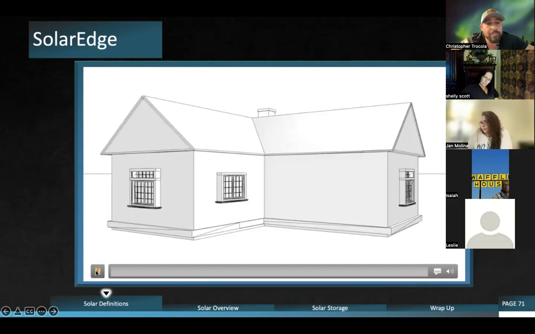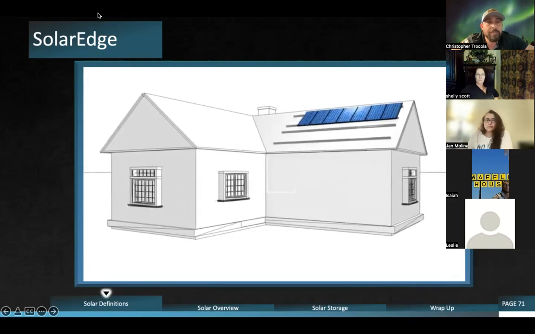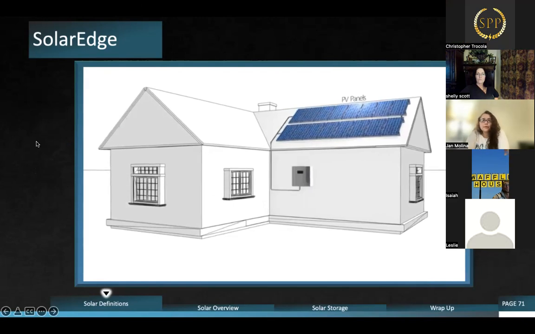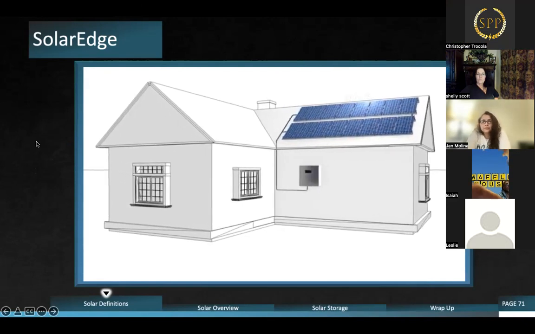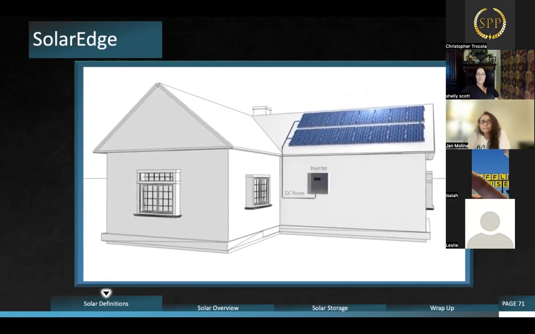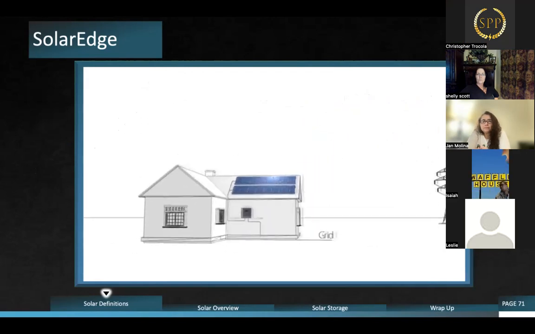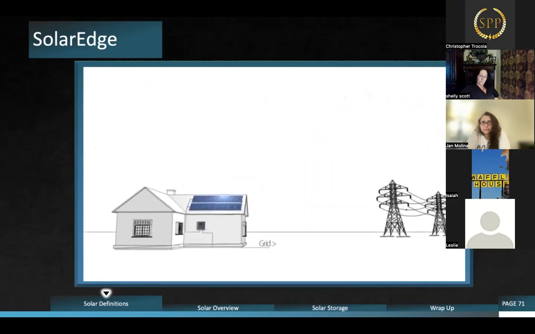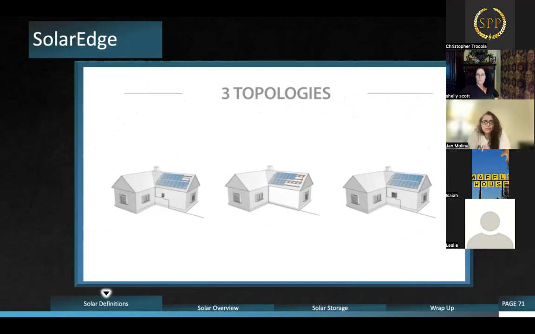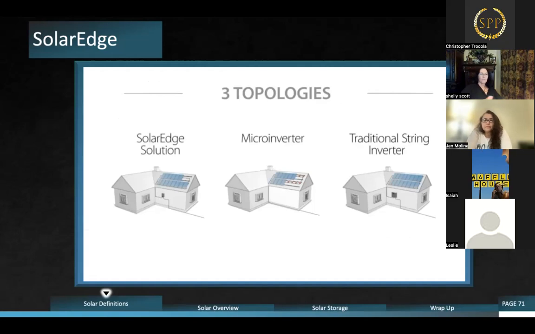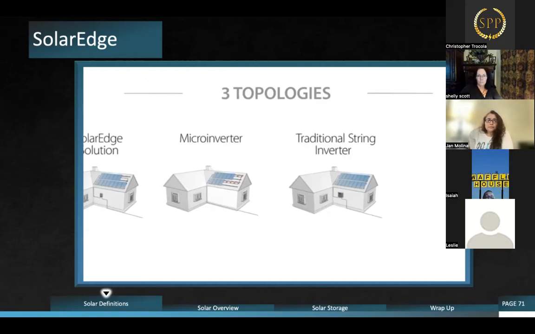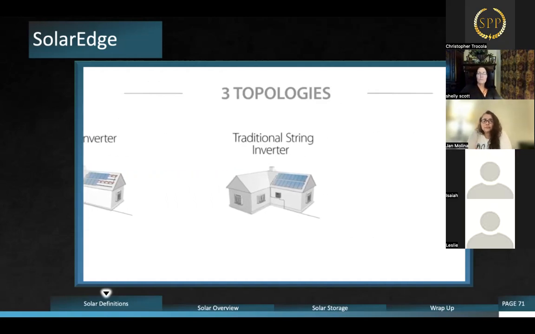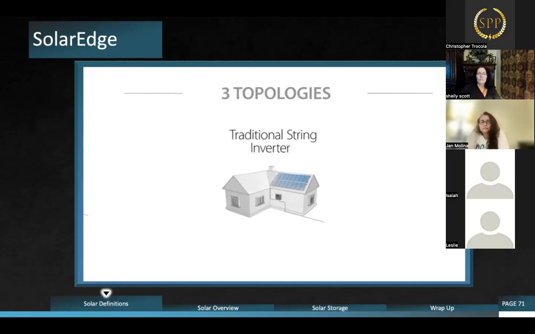installs. It's amazing. A photovoltaic system consists of PV panels, which produce DC power when exposed to sunlight, and an inverter, which inverts the DC power into AC power that is fed into the utility grid. 3 different inverter topologies are currently used in PV systems: a traditional string inverter system, a microinverter system, and the SolarEdge solution. The traditional string inverter topology, which is still used in the vast majority of all installations, has a